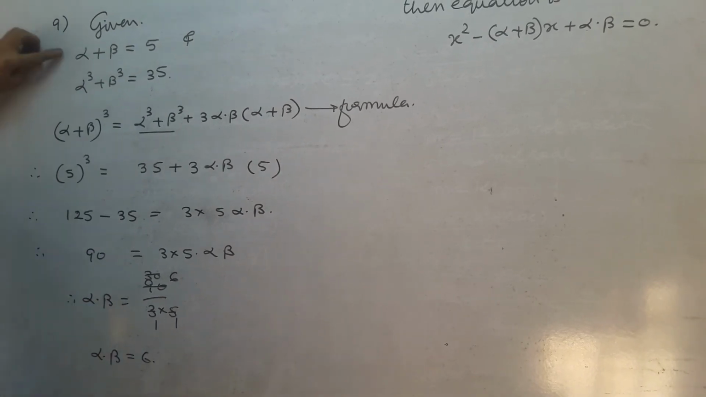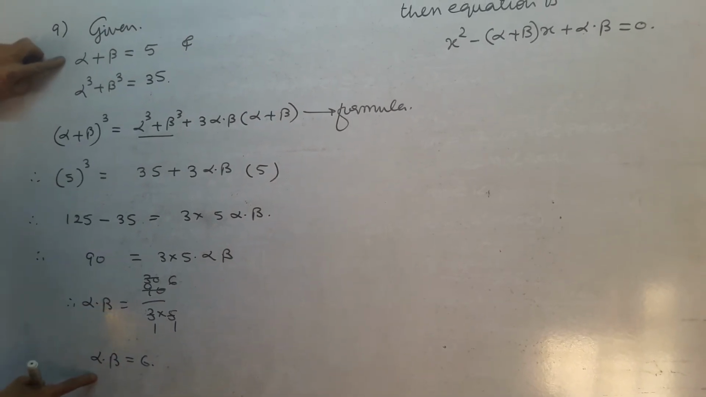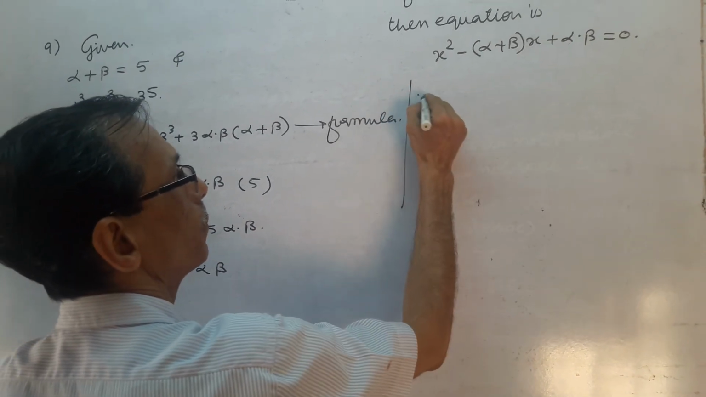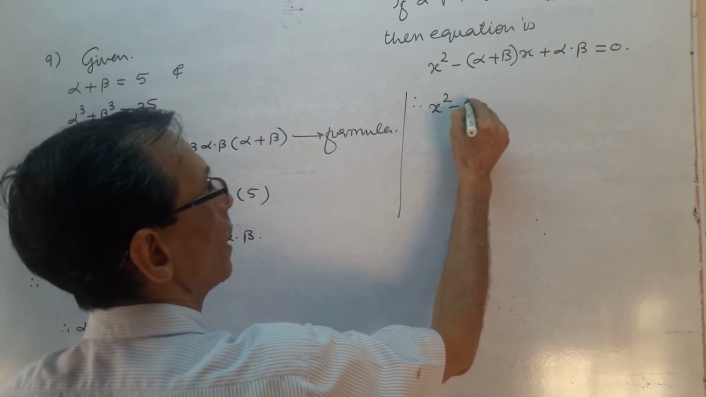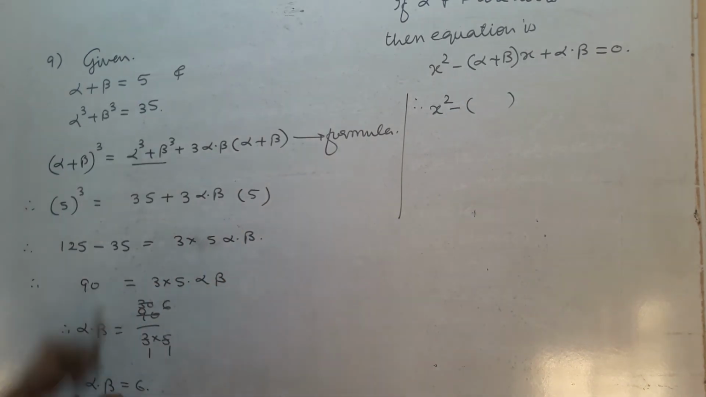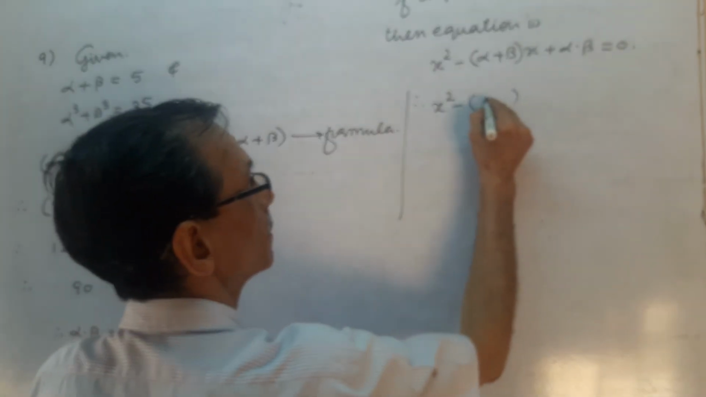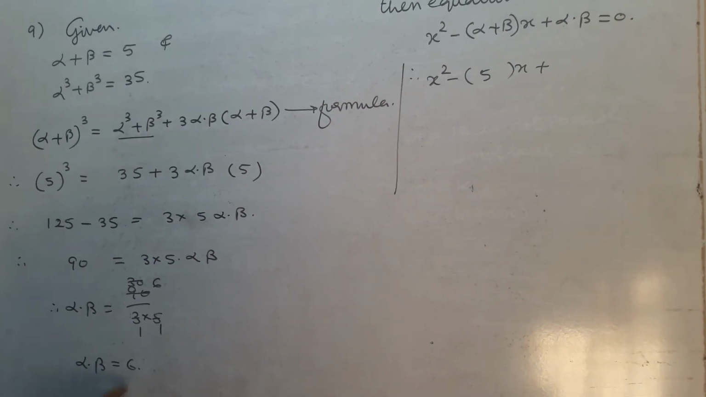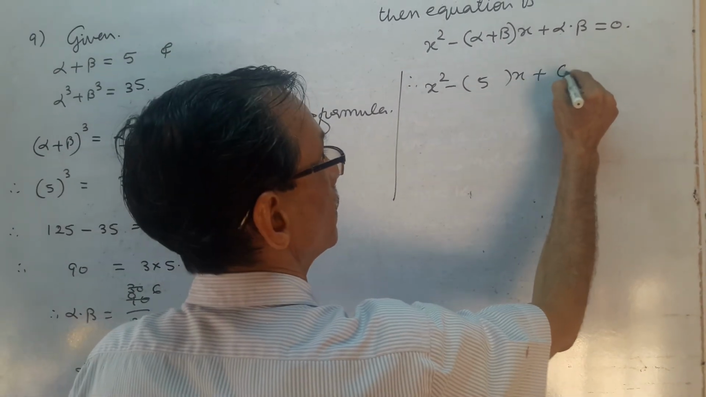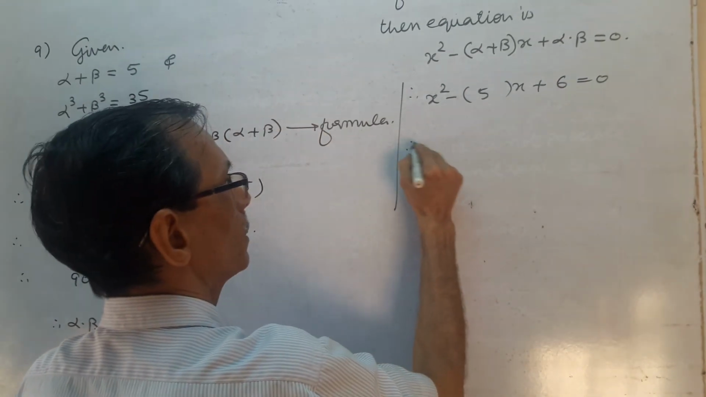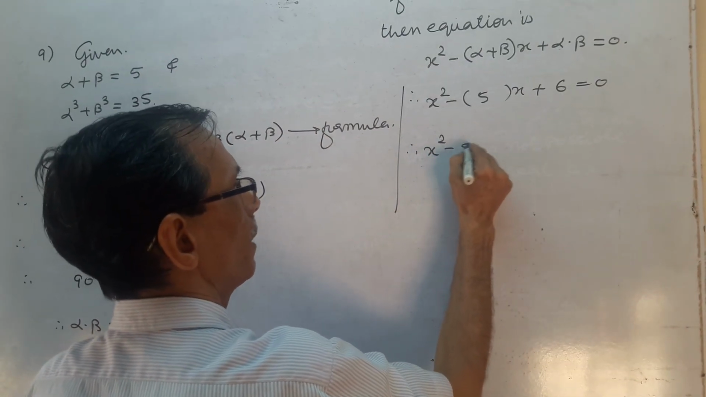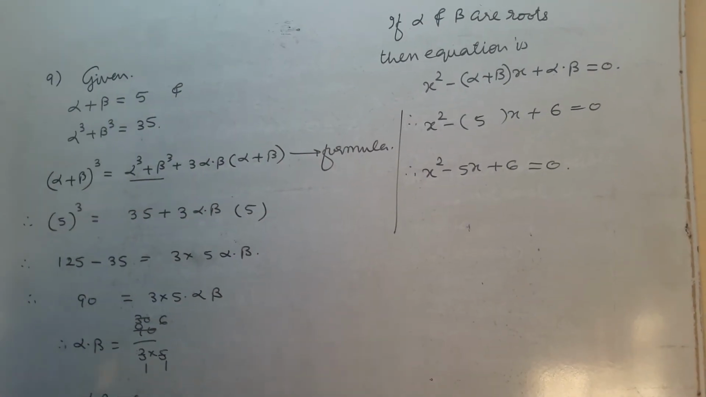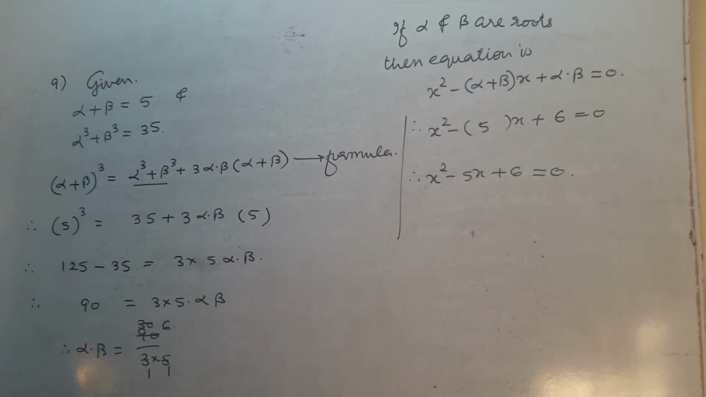So we have alpha plus beta, and we have alpha into beta, both, and therefore the equation is x square minus alpha plus beta, but alpha plus beta is 5, so write here 5x, plus alpha into beta, but alpha into beta is 6, so write here 6, and that equal to 0. Therefore the equation is x square minus 5x plus 6 is equal to 0. This is the equation. Copy this, and we solve the remaining sums